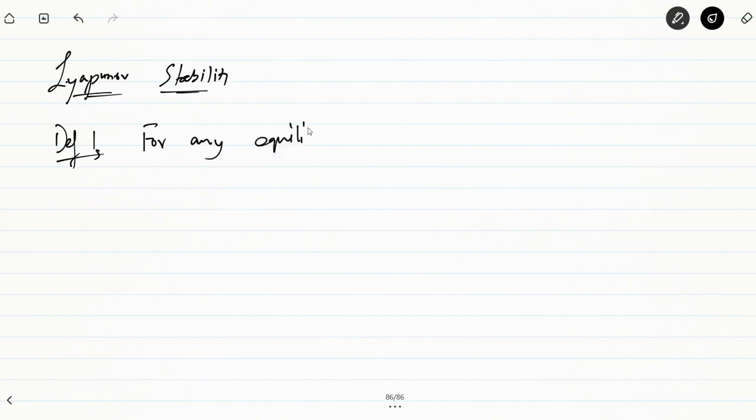For an equilibrium state x equal to 0, which is actually the origin, we can say the equilibrium point will be stable